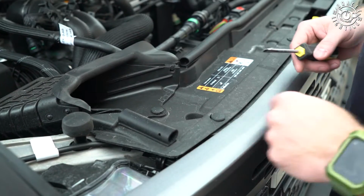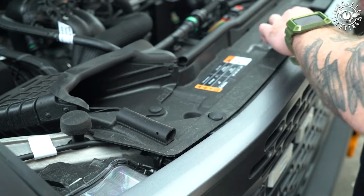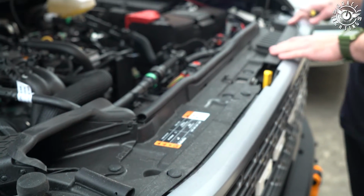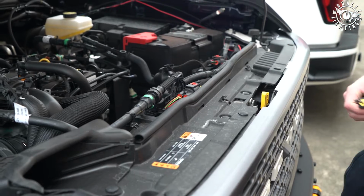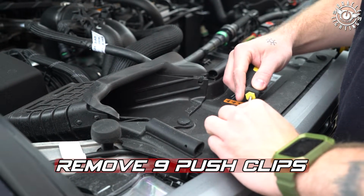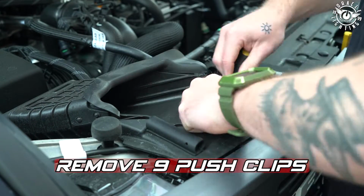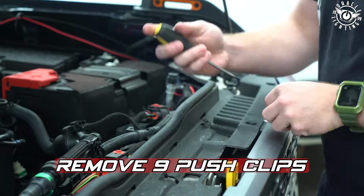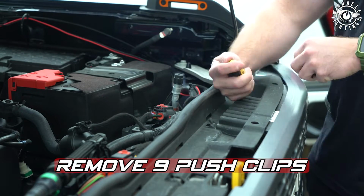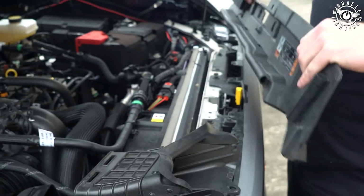First step we need to do to remove the grill is to remove the core support panel. And we have 1, 2, 3, 4, 5, 6, 7, 8, 9 push clips we need to undo. You can use a flathead screwdriver to get these out pretty easily. You can also use a panel tool if you have one. Now that we have all of those push clips taken off, we're going to go ahead and remove the core